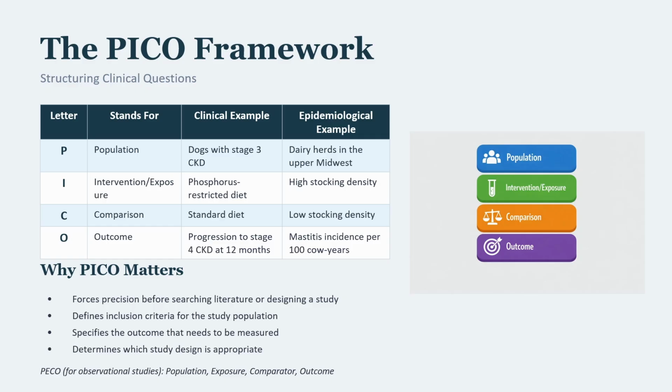Before you can design a study, search the literature, or critically appraise a paper, you need a clear, answerable question. The PICO framework is the standard tool for structuring clinical and research questions, and it's deceptively simple but genuinely transformative. P stands for population. Who are you studying? Not just dogs. Which dogs? Dogs with stage 3 chronic kidney disease, as defined by IRIS staging, presented to general practice clinics. The more precisely you define your population, the more precisely you can search for evidence and the more clearly you